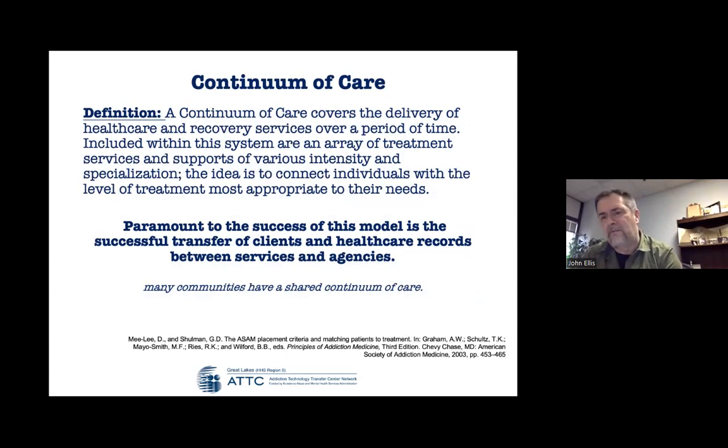But those studies of 50% dropout rates are based on level of care, and they're not based on the continuum. So we need to look at our continuum of services. We don't necessarily want to keep somebody in IOP longer, indefinitely, so much as we want to keep them in the pipeline longer. We want to keep them in the step down services longer. We want to keep them in the medication assisted treatments that underscore all of these levels of care longer. So that's just something that we have to look at.